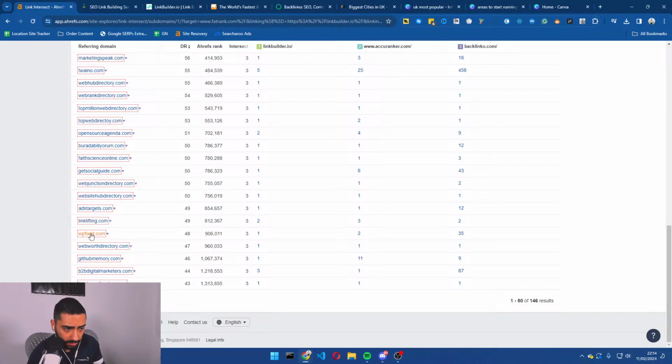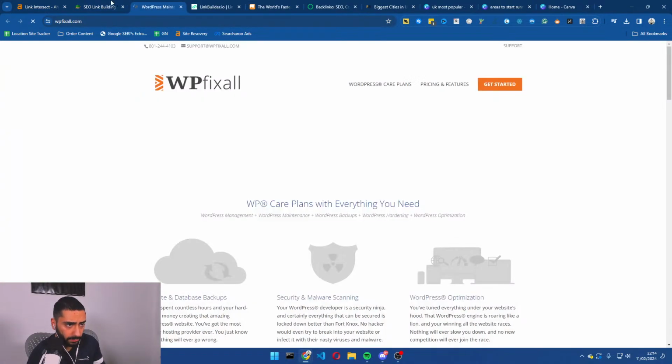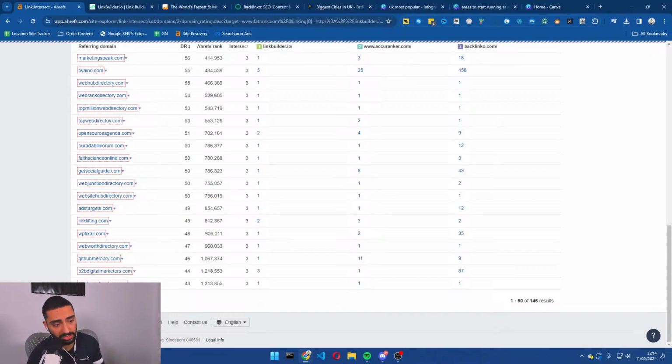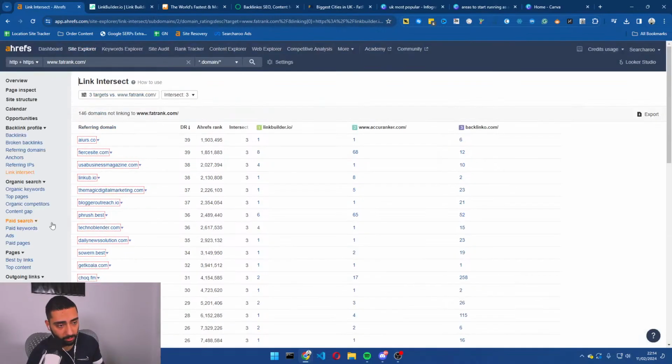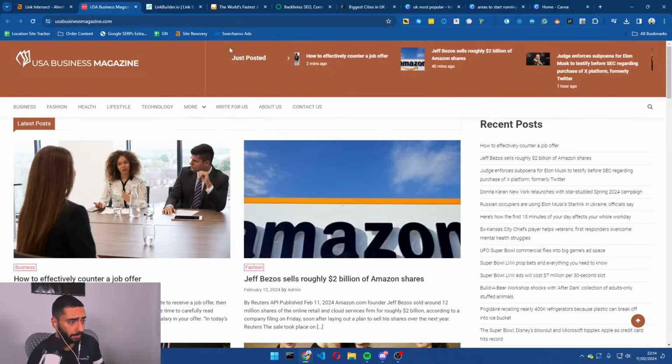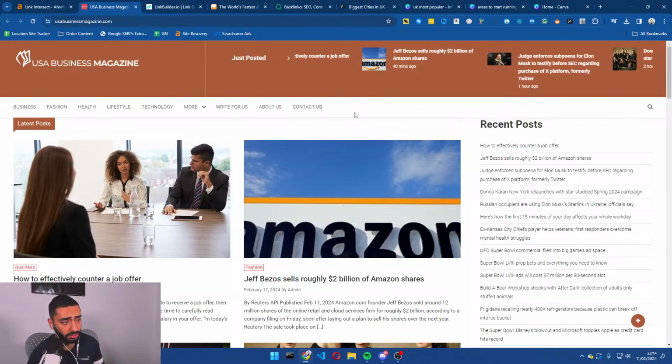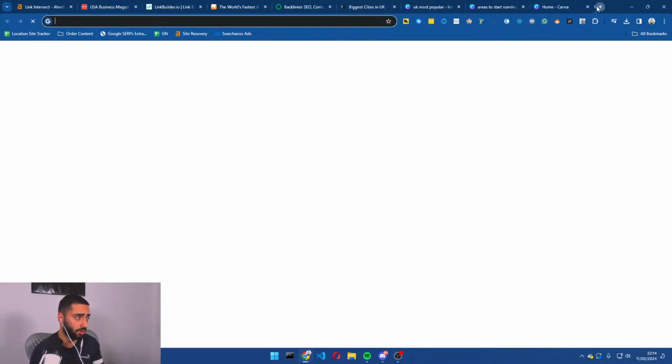Link lifting, Toby. Fix. So basically what we're going to be doing is creating a list of websites that we want to do some outreach to. So for example, I'm going to just click usamagazine.com, right? So what we're going to do here is you've got two options. You can contact these guys directly, or you can use hunter.io.